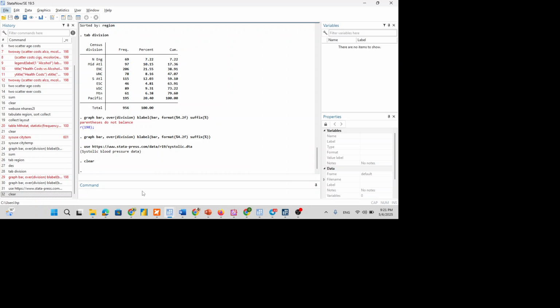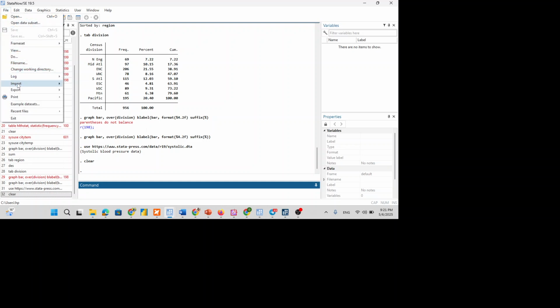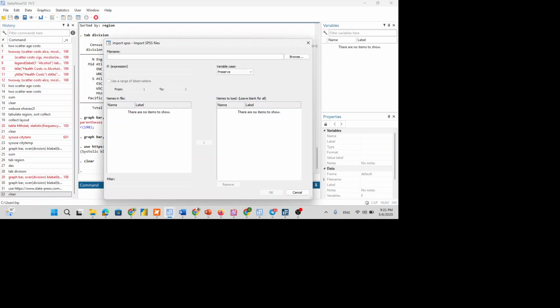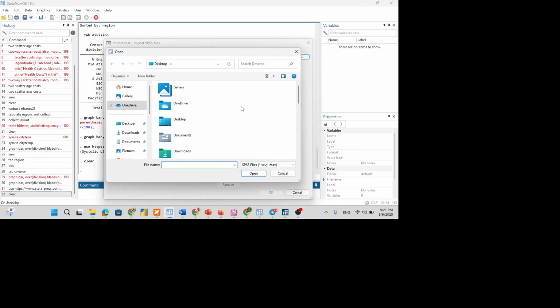Today I will show you how to run a multiple linear regression model and how to check the multicollinearity issues with the regression model. So in order to create it, let me import my data. Let me click on file, then import my SPSS file. Then I will browse from my data,